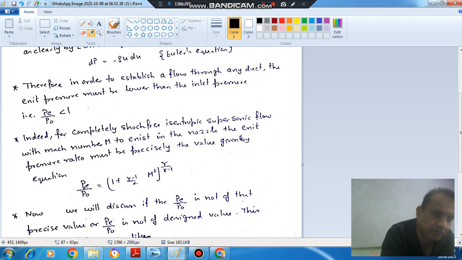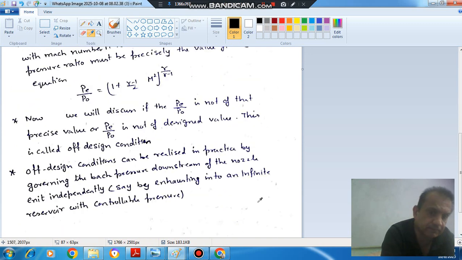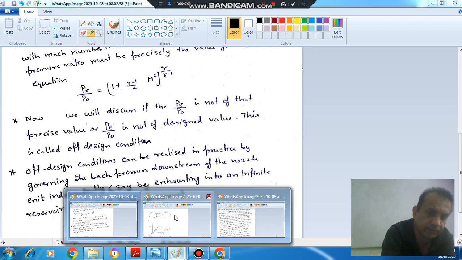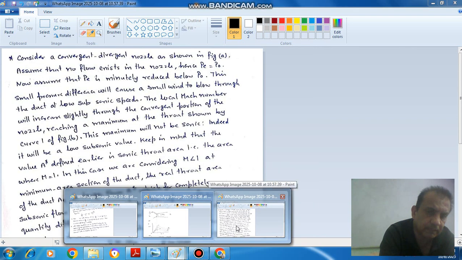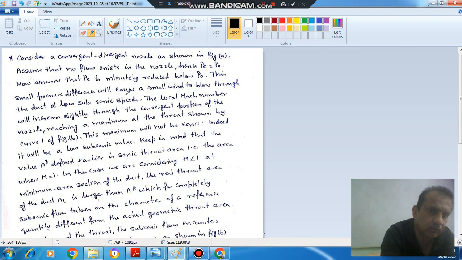So now if this pressure is not maintained at the exit of the nozzle, then these are called off design conditions. Okay, and these off design conditions can be obtained by varying the back pressure, which in turn varies exit pressure. So back pressure is the pressure of the reservoir to which the exit of the nozzle is connected. If we vary the back pressure, then exit pressure will automatically vary. Okay, so now we'll discuss these off design conditions one by one by reading out this paragraph or the points